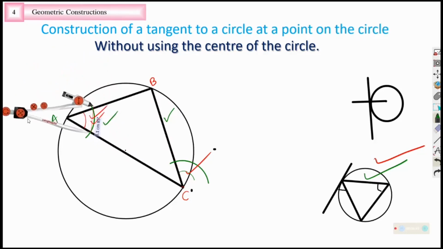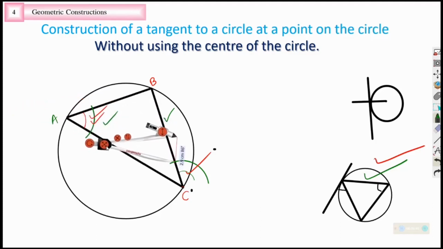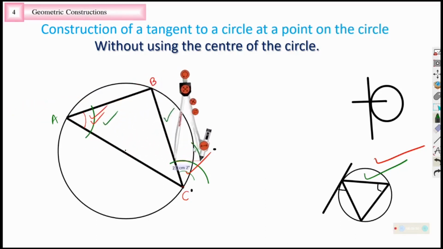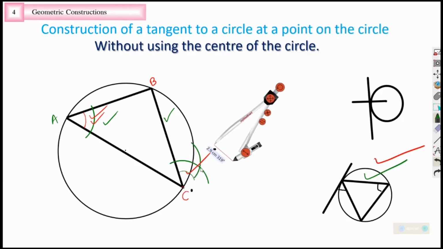Expansion to be copied. This expansion is copied. Bring that over here. Here also that line should go exactly at a similar distance from this. Understood? So here is a point, here is the second point. Now I have to draw a line passing through these 2 points. That will be the tangent.